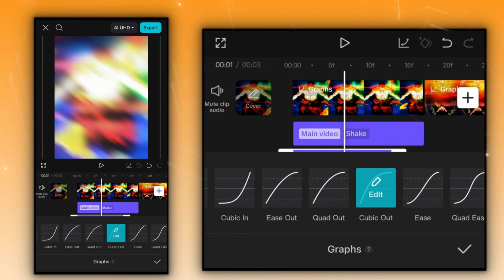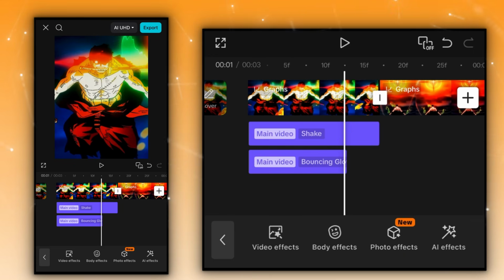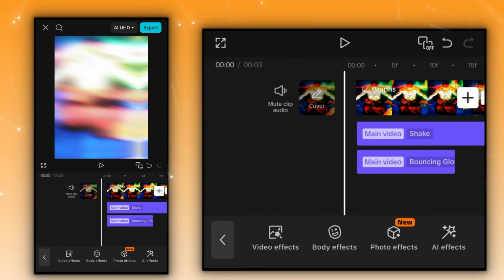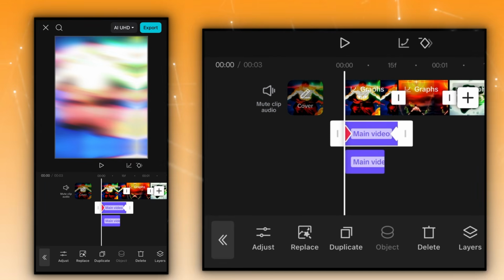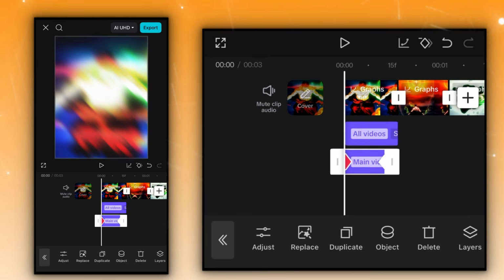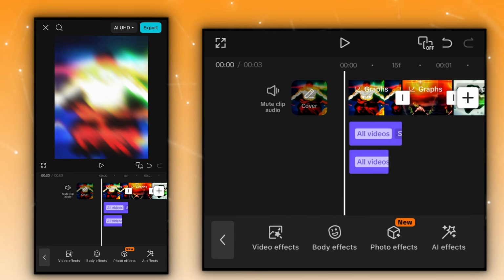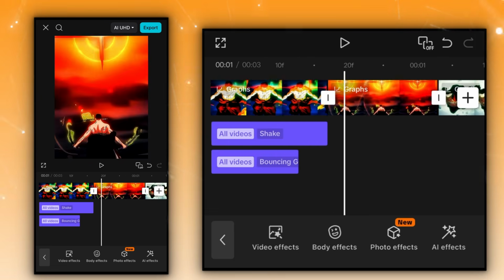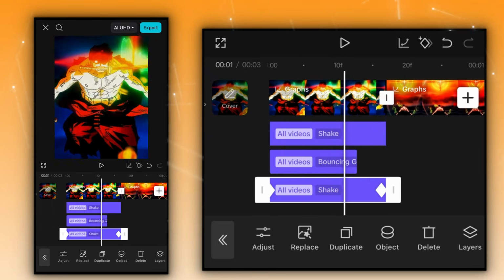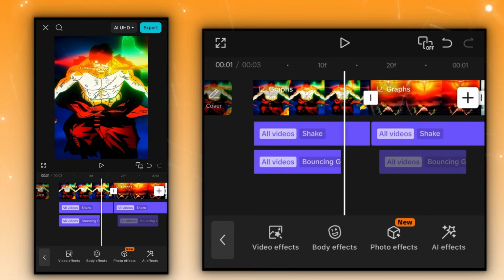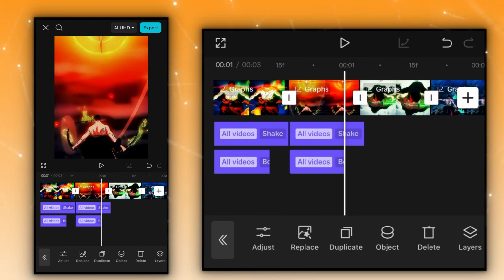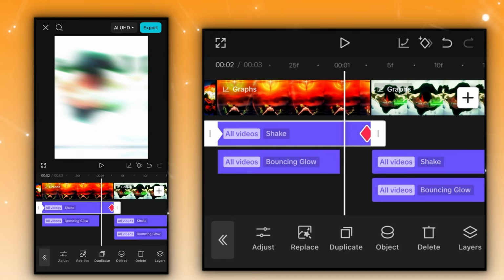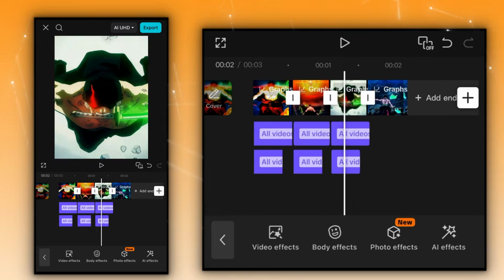Then go into the graph and give it cube out to give it a much faster entrance to give this type of shake. But one thing is remaining, that we have to set the object of this to all the videos to get a proper shake effect on the clips. Now you have to duplicate these effects to all of the clips. Okay, as you have duplicated all of this, you have to add one more effect, the black flashes